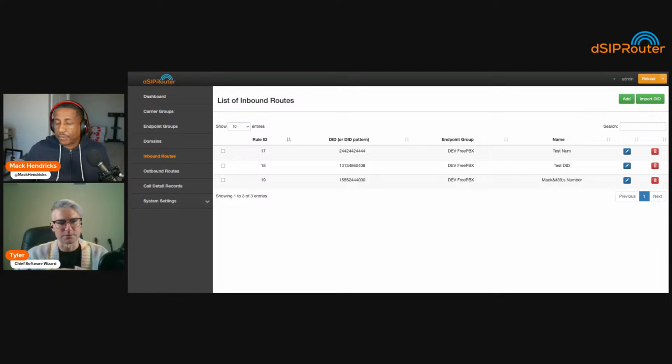So our default on the dSIPRouter system is do all the changes and then let the user decide when to reload. I think that's probably where people want to go, because you want to have your system stable and running, the same way as you configured it, for as long as possible until you get to your maintenance window, and then you go, okay, let's apply our changes, test everything out. Yeah, I think you're right. I'll put an option in there for reload, because some people may be like, now that it's tested, every time I add a DID, I want it to automatically be added to the system.